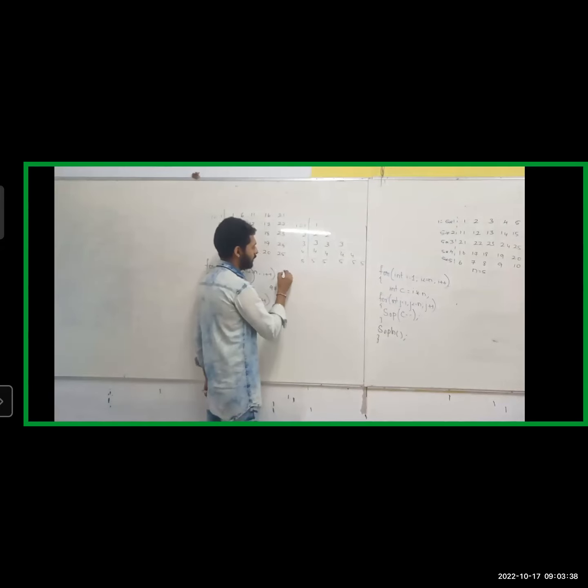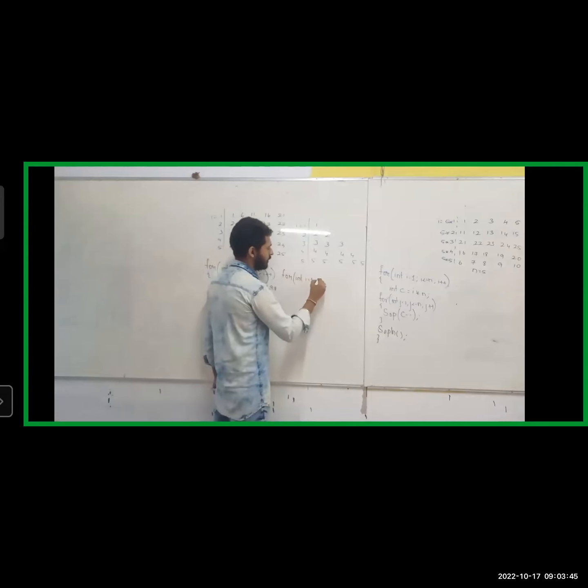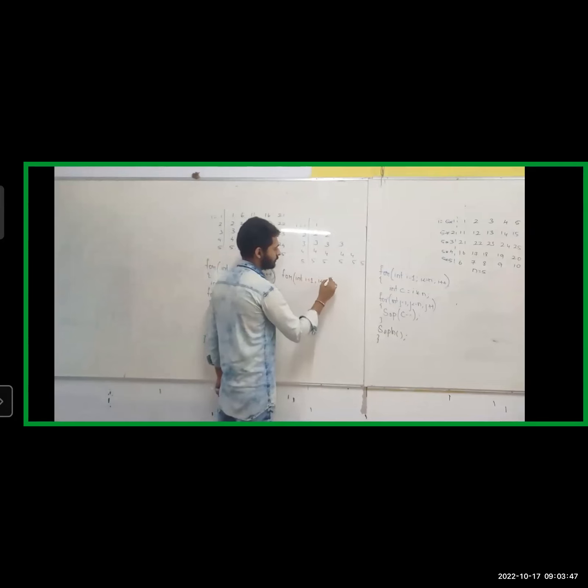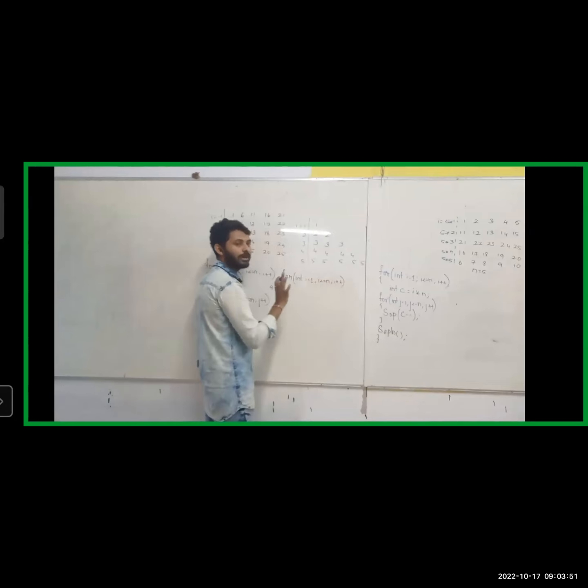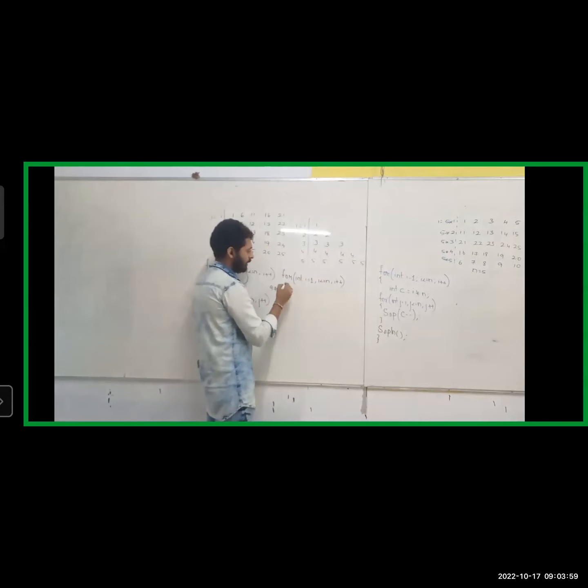However, here, how to allocate? First, I will write for integer type i equals 1, i less than or equal to n, i plus plus. This is for what? Saying how many rows I want. As I've already told, the loop means it will work from 1 till n, whatever value you give. Okay. Inside every row, what should I do? I want to allocate